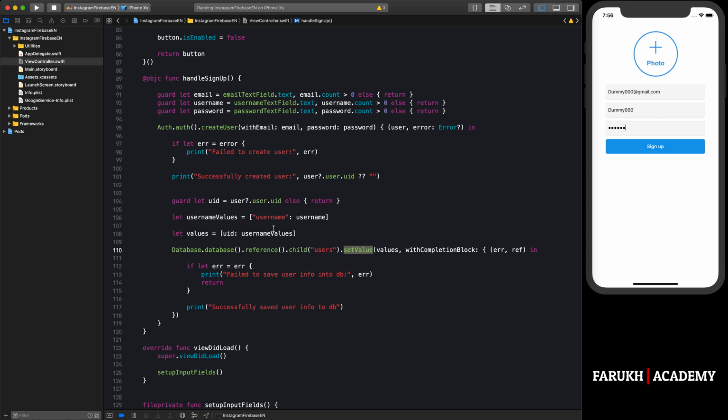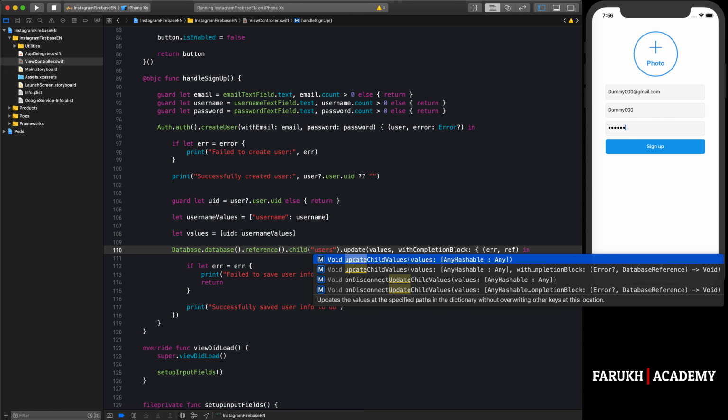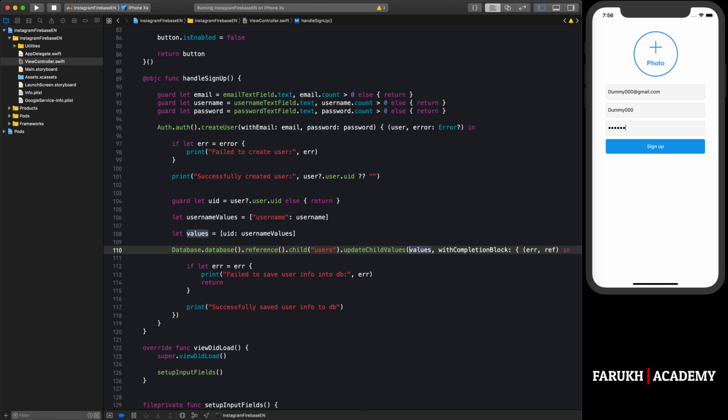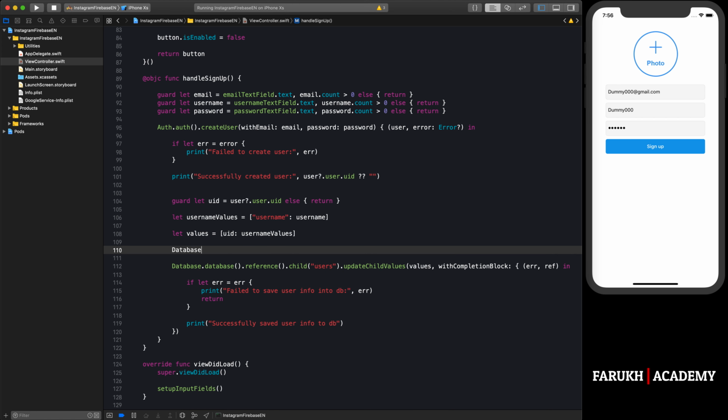Set value only keeps the last value written. So what you can do is replace it. You double click on it like this, and you can write update child values. You have to write it completely, then just press right, for instance, to get out of the list, because by doing this you won't have to rewrite everything, but otherwise you can do it again like this: